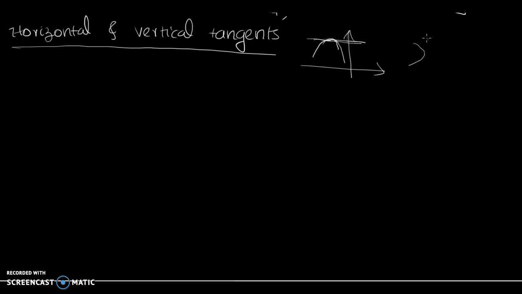Suppose this is a curve. At this point this curve has a vertical tangent, right? And when does a curve have horizontal and vertical tangents? Suppose the curve x is equal to f of t, y equal to g of t, where t is in the domain minus infinity less than t less than infinity, right? And in this, a curve C is represented by